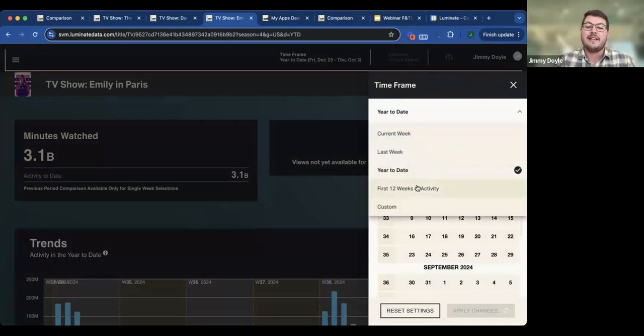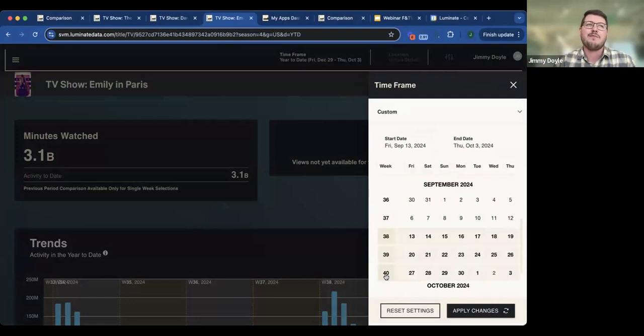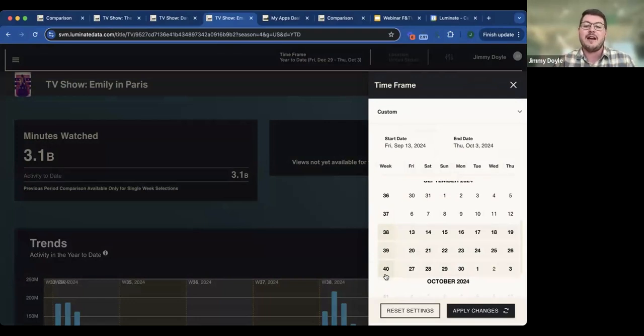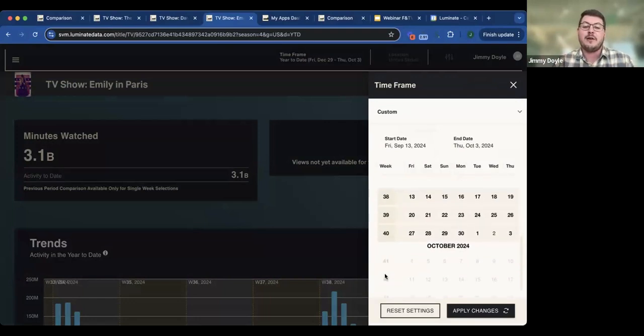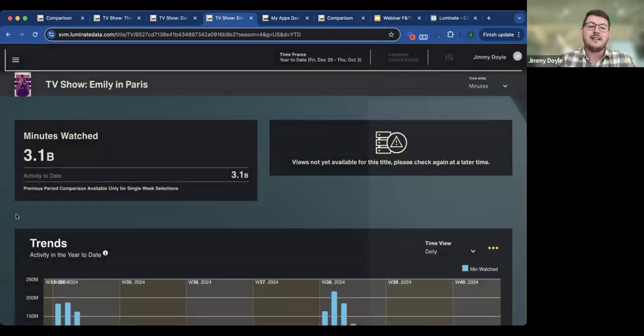But I could see something like the first 12 weeks of activity, last week, the current week. I could select whatever week I want if I just want to see the performance in week 38 or between week 38 and week 40. That can be really helpful. If I want to isolate whatever period I want to, that's something I can do really quickly and easily within our platform. We'll stick to year to date for now because I want to see kind of the macro trends